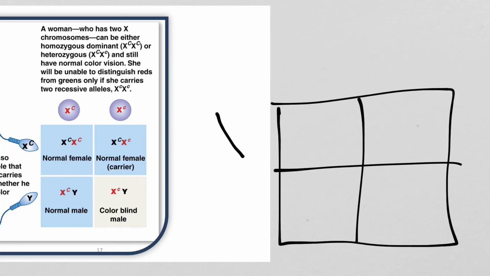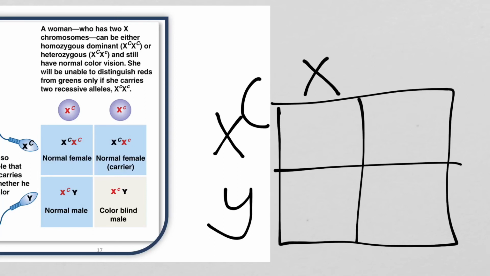Papa has an X, and the normal color vision is a capital C. Of course the color vision gene is not on the Y, it's only on the X, so papa only has one copy of this allele. And then we said we have a carrier mama. So this mama will have an X with an uppercase normal color vision C and an X with a lowercase